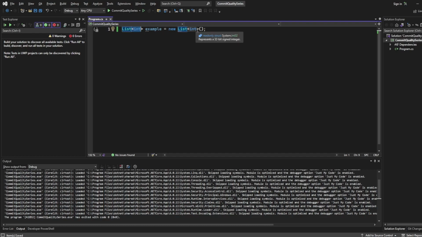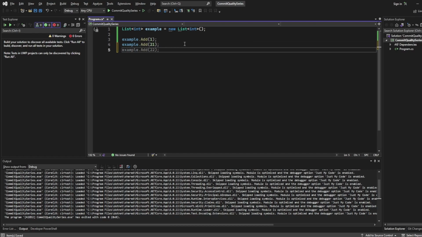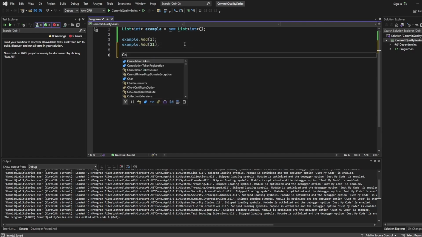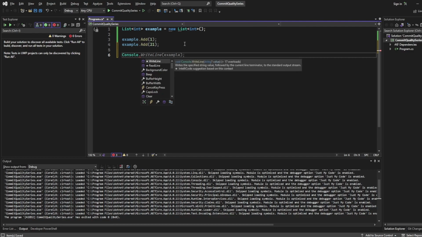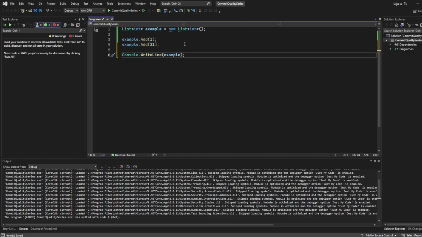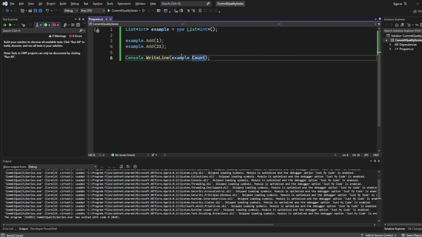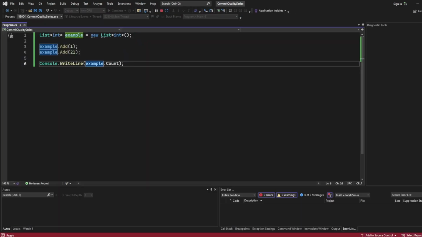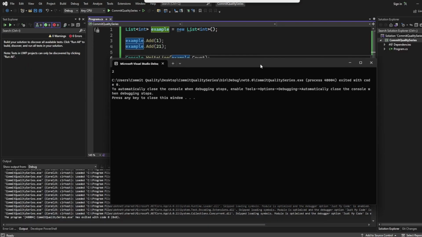So List has a few different built-in methods, and one of them is the Add method you can see here. I can say example.Add(1), and I could do another one, example.Add(21). And now what I could do is a Console.WriteLine here, Console.WriteLine(example.Count). If I run this, we should see an output of 2, because we've just added 2 values to